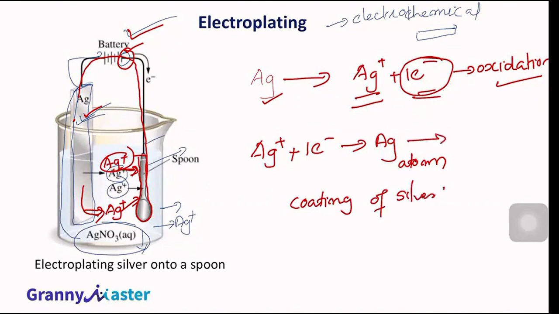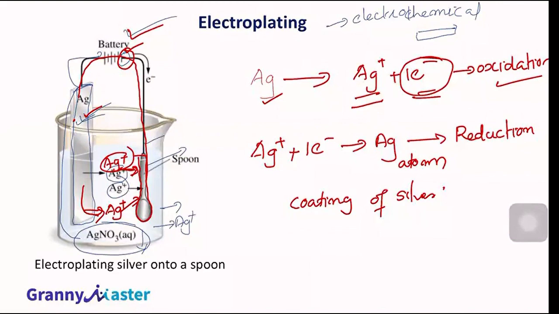This reaction is oxidation, and this reaction is acceptance of electrons. Acceptance of electrons, those reactions are known as reduction reactions. So here, during oxidation, the silver plate ejected electrons and became silver ions. Those silver ions moved towards the negatively charged spoon and got reduced on the surface of the spoon, and coating of silver happened. This is also a kind of electrochemical reaction where electricity is used for a chemical reaction, and after that chemical reaction, a coating of silver occurred on the surface of the spoon.